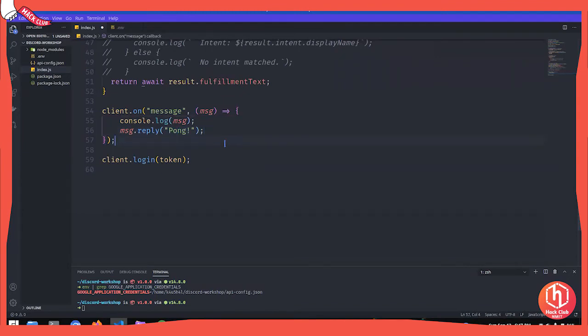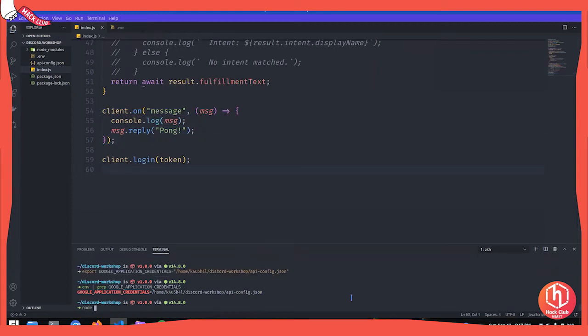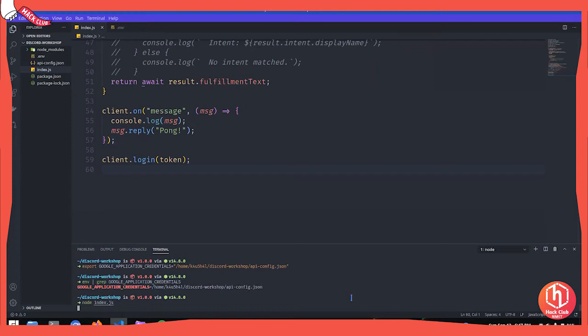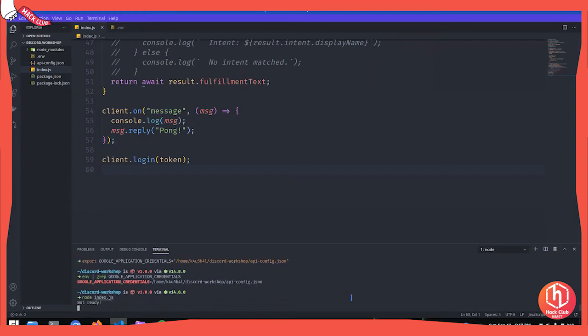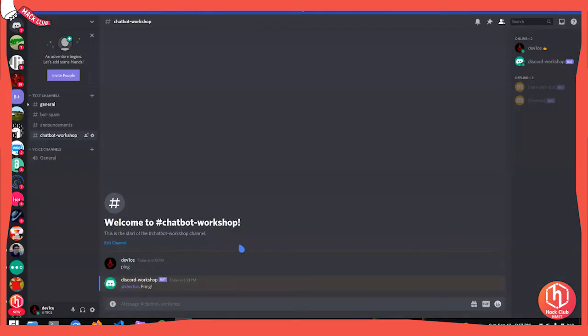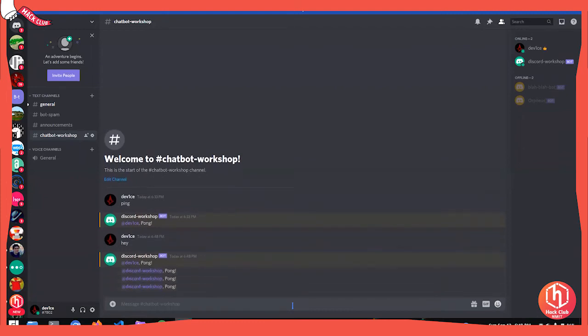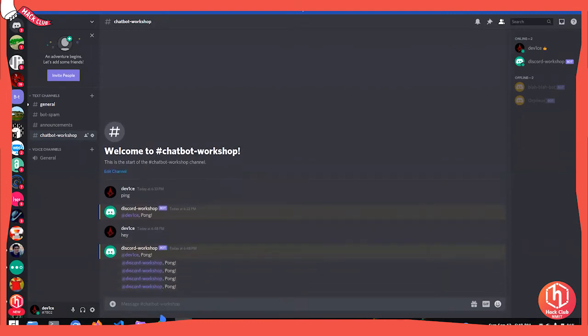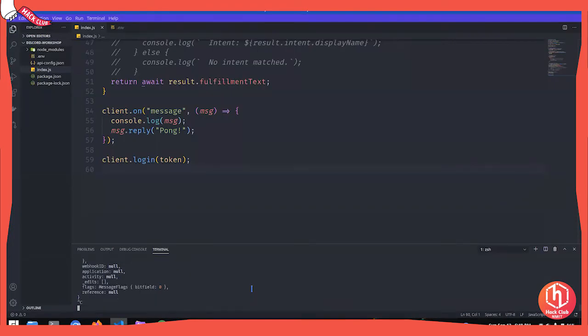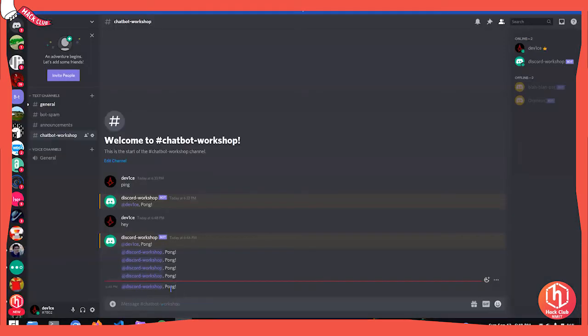It's going to keep on happening. So I will show you guys how this actually works. I'm going to run this using the same command, node space index.js. Yeah, so the bot is ready right now. I'm going to go back to the server and say, hey. See, can you guys see? It's actually replying to its own messages. So I'm going to stop this, because Discord has rate limiting, so you can't send unlimited messages in a second. So it's a good idea to look out for all these bugs while testing itself.